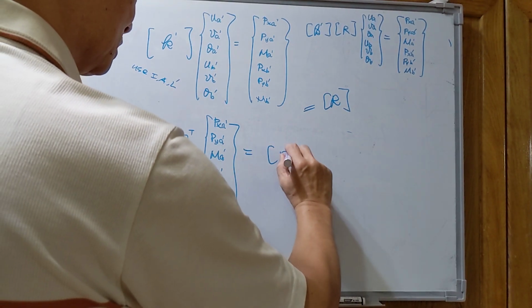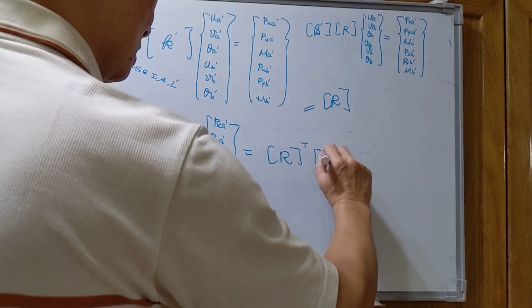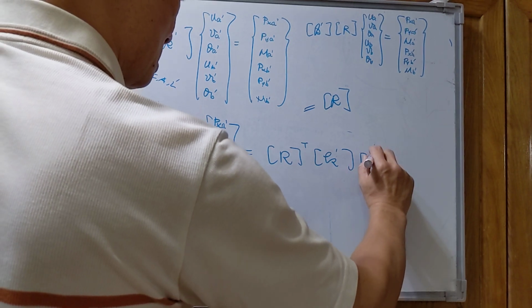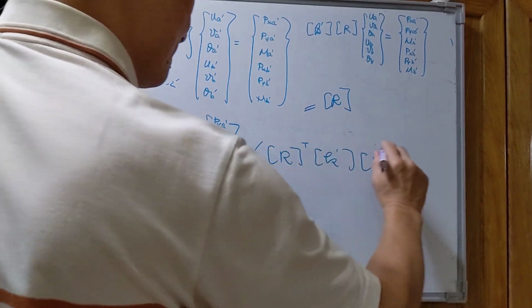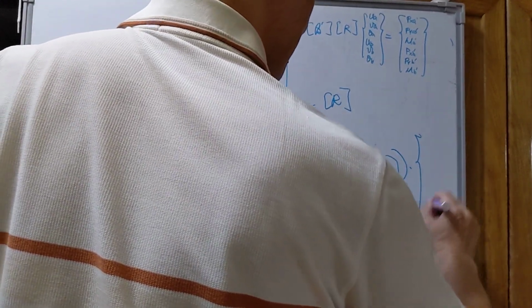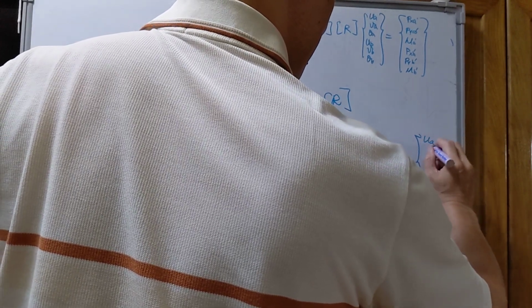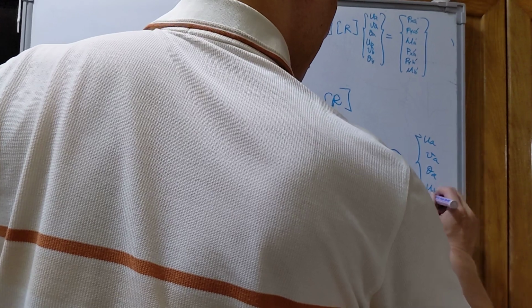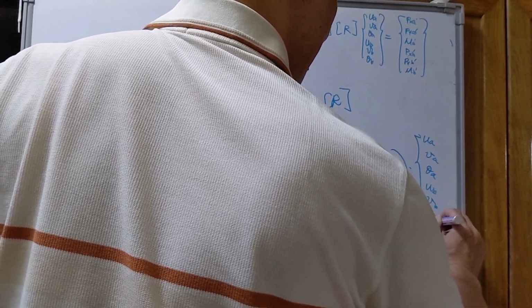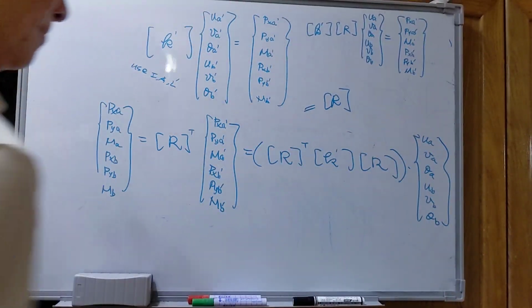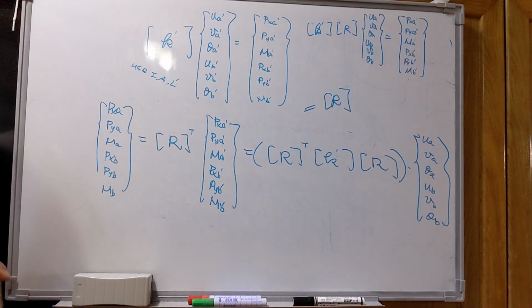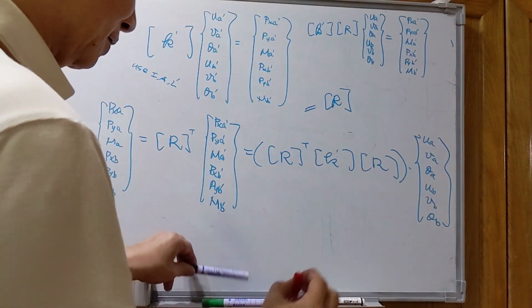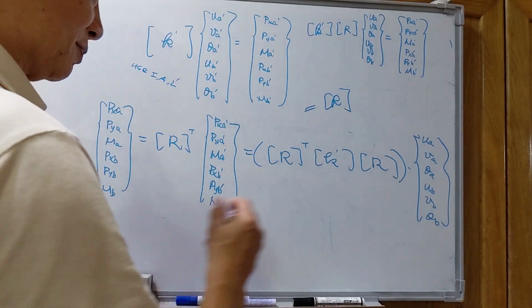So it will be the R transpose K prime R. Okay, and we will say for this part, this matrix